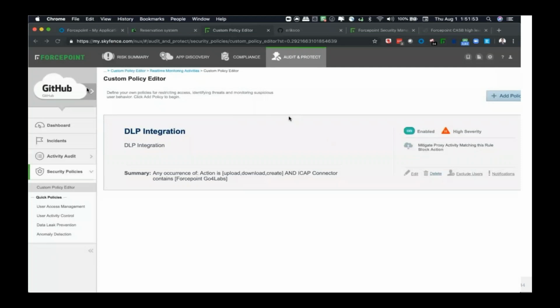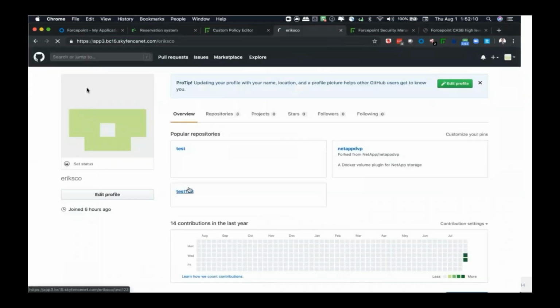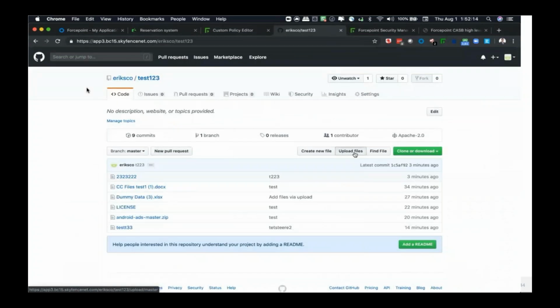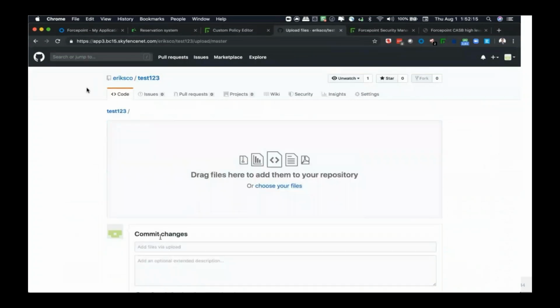So this is integration with GitHub. If the organization has decided they want to use GitHub, or the users have decided they want to use GitHub, but the organization wants to define what is sensitive data, in this case it's going to be NetApp filer source code or something.